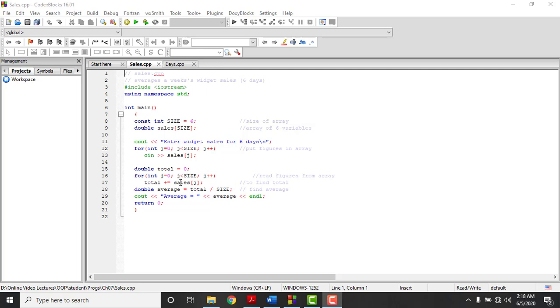Initially the value of j would be 0 here, so sales[0]. Whatever value is stored at this location will be summed with the total here. So total is 0, so 0 plus whatever value is stored at this location will be summed together. Then j will be 1 here, and whatever value is stored at j=1 will be summed with total. So the two values will be added, and then 3 and 4 and finally 5. And once the summation is performed,